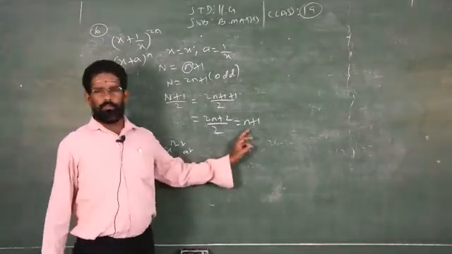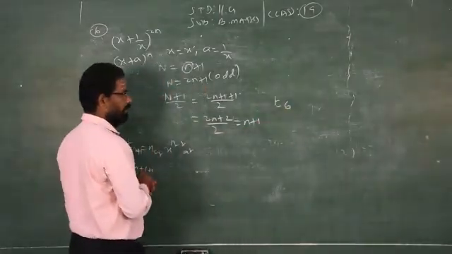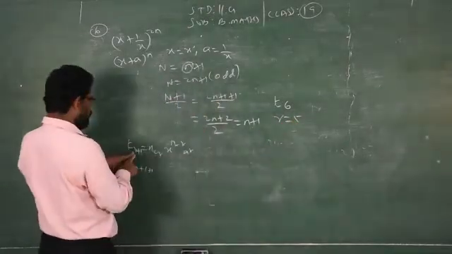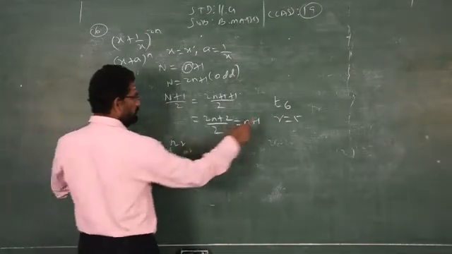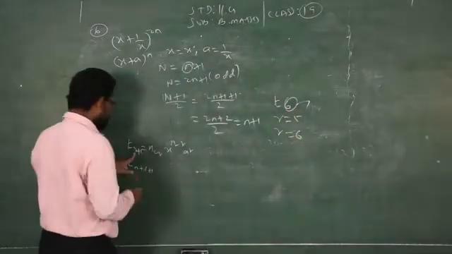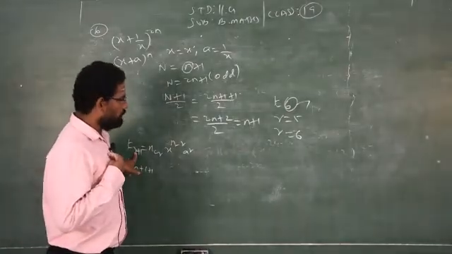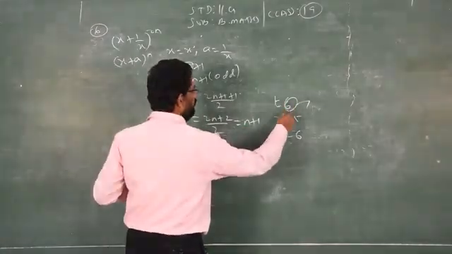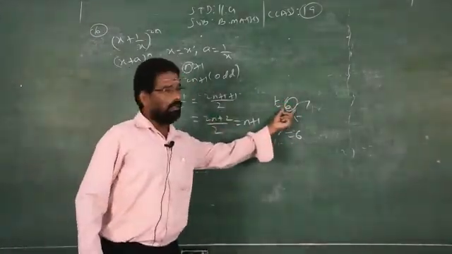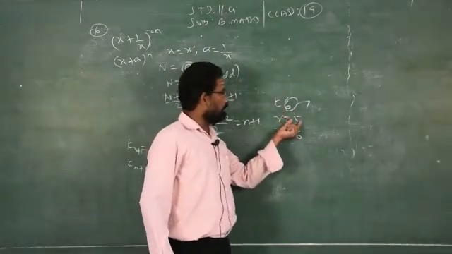But I need only which term? T(n+1). Suppose I like to find out T6, I have to replace r by what? 5. Then only, replacing r by 5, 5 plus 1, 6, I will get T6. If I replace r by 6, 6 plus 1, 7, I get the 7th term, but I don't want the 7th term, I need only the 6th term. To find any term of the binomial expansion, you have to take the predecessor of the given number. So what is the predecessor of 6? 5. So you have to replace r by 5.